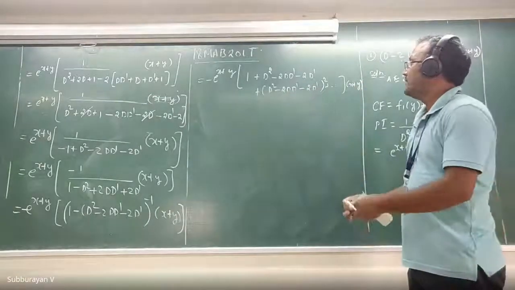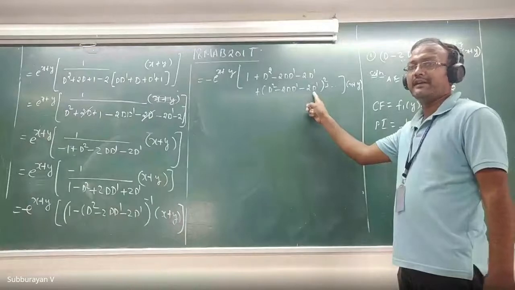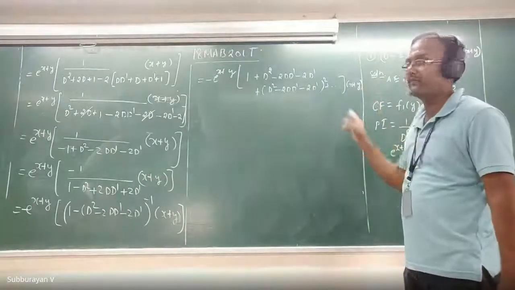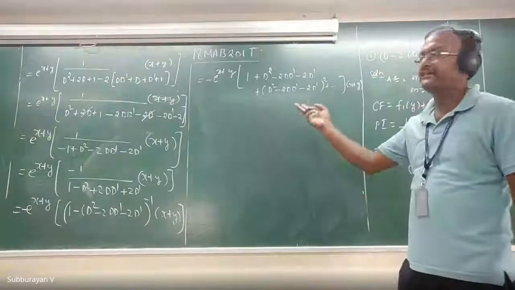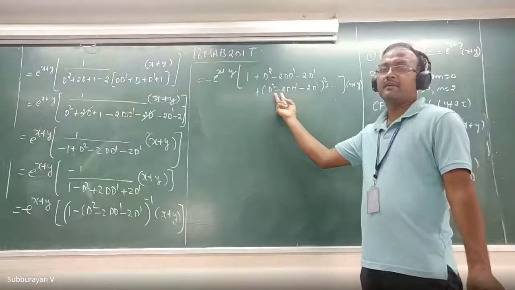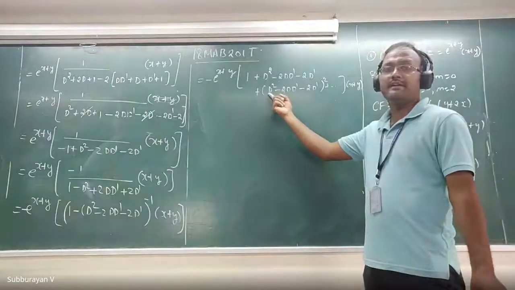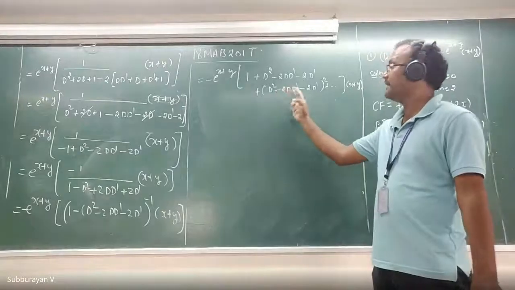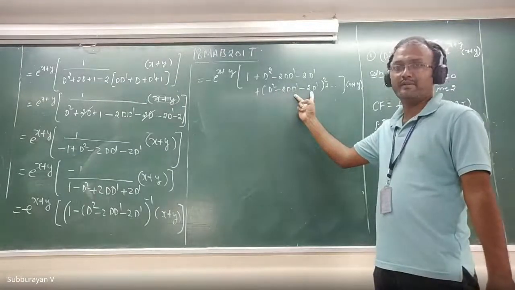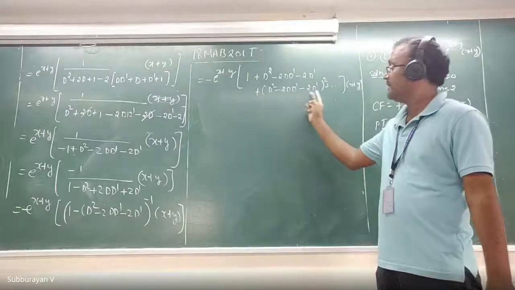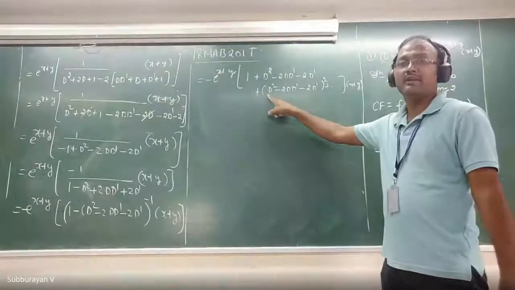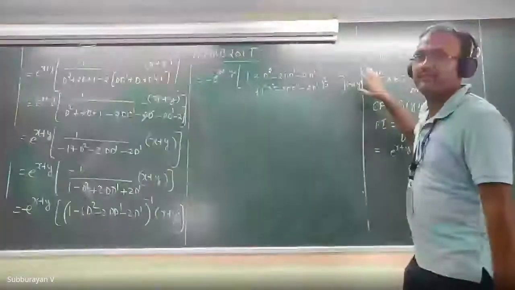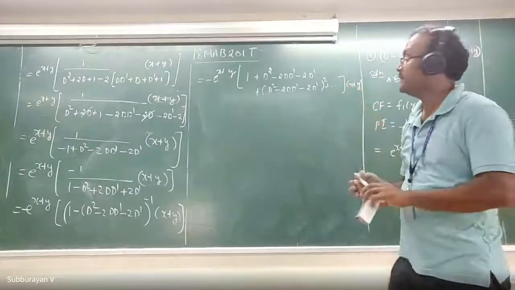Similarly, if I square this operator, then 4 times D dash square, but it is a polynomial of first degree, so it won't contribute anything. Then the other combination, twice of this, is a third order operator in D, so it won't contribute anything. And then the combination of this and this, D dash square will come, so it won't contribute anything. And then this and this, it won't contribute anything. Therefore, for the rest of the things after this, we won't get any non-zero term.